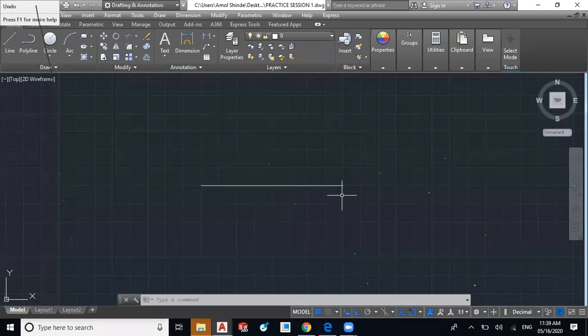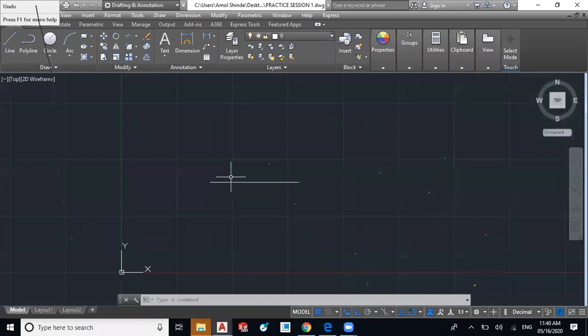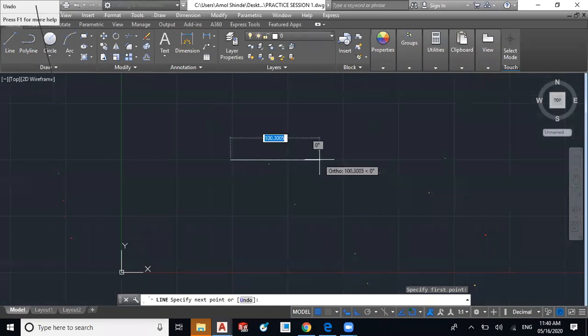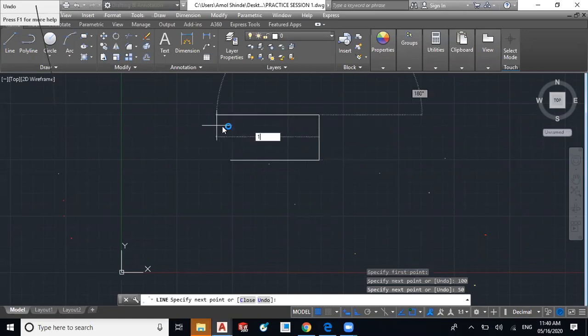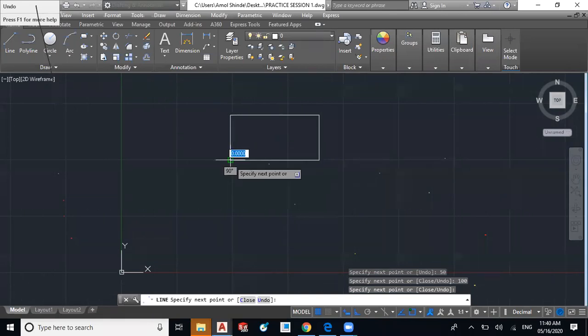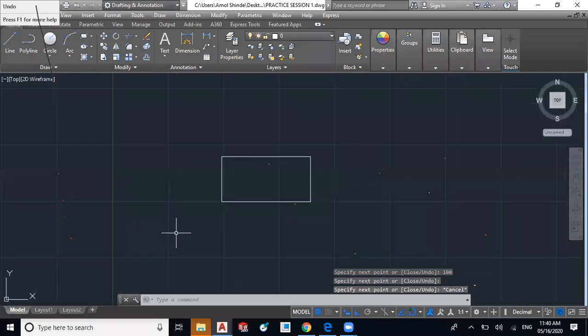Like this you can use the line command. Then by using line, how to create an object? So select the line command again. I will specify any random point. I will make a rectangle by using the line command, 100 by 50 rectangle. So I have specified this point. Drag towards right, specify 100 mm length, drag upward, specify 50 mm, drag towards left, again specify the length, drag down and close this at the end point. Okay, so simple. By using the line command I have created a rectangle of 100 by 50.